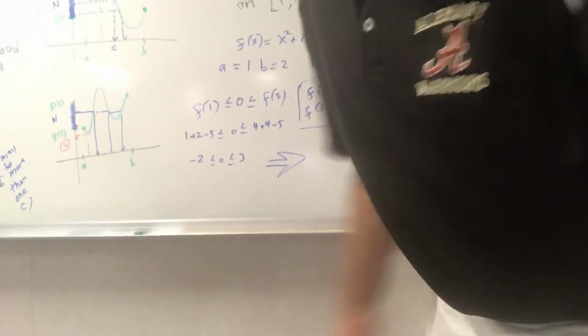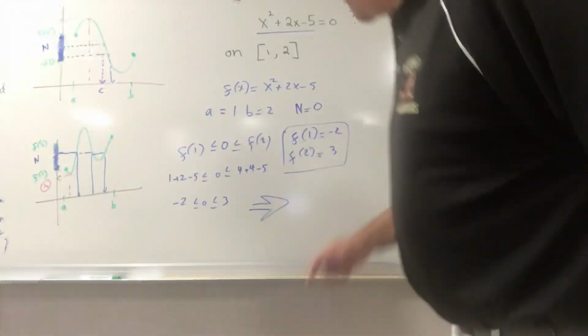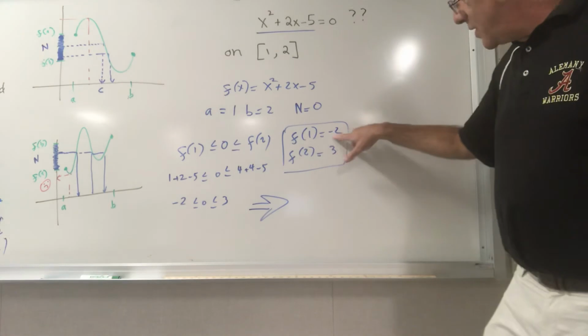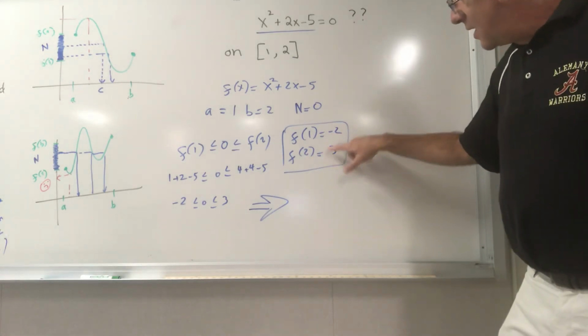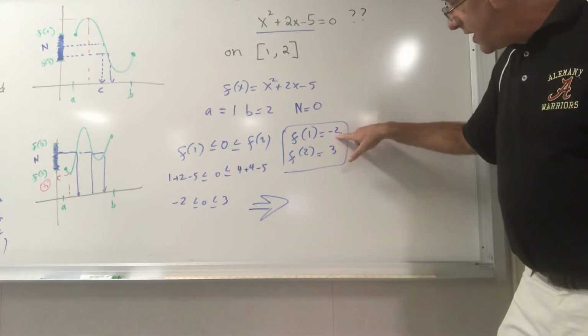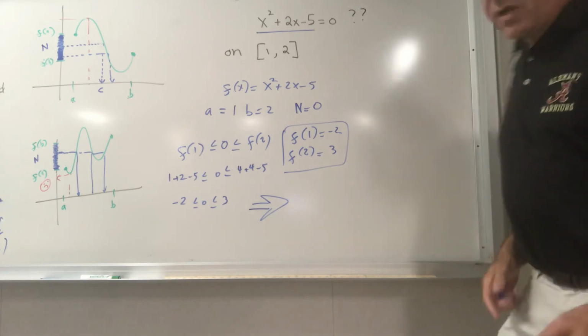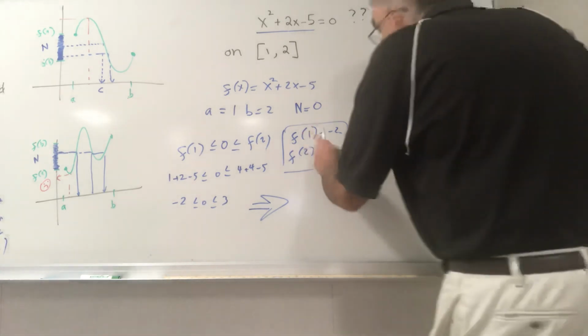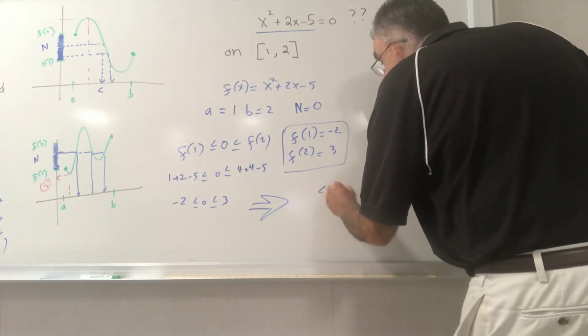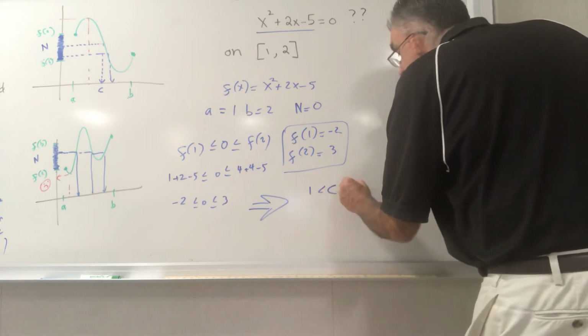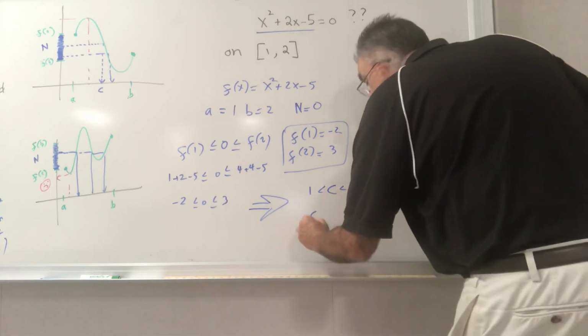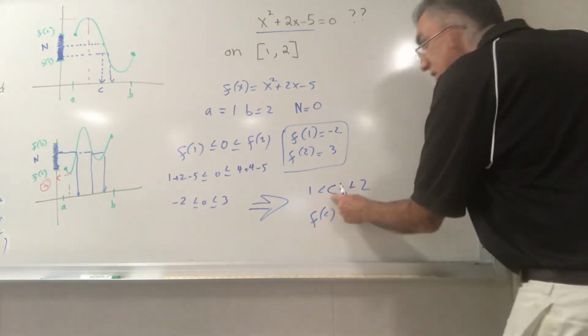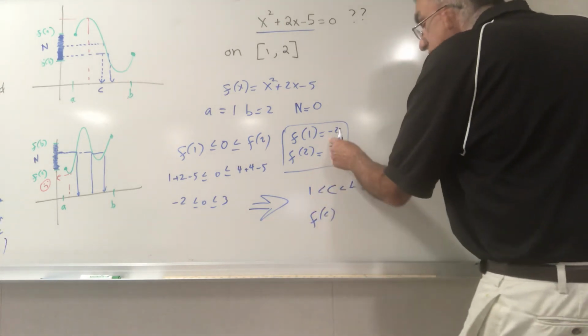Let me move the camera back when I talk like that. So when f of 1 is negative and f of 2 is positive, and 0 is between negative 2 and 3, then we know that sometime between 1 and 2, there's got to be some